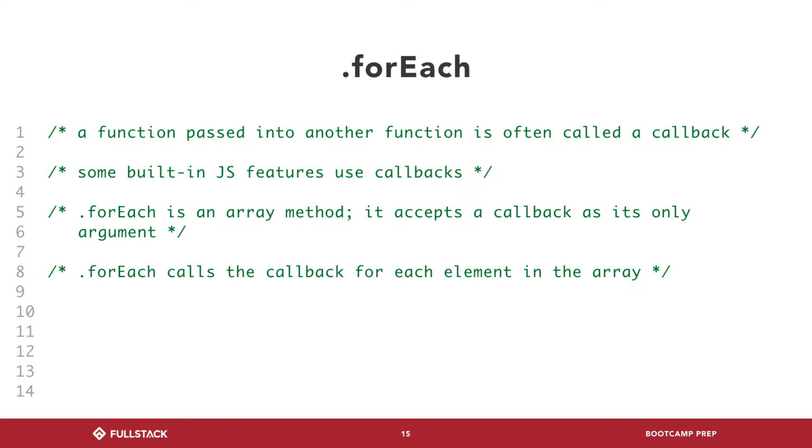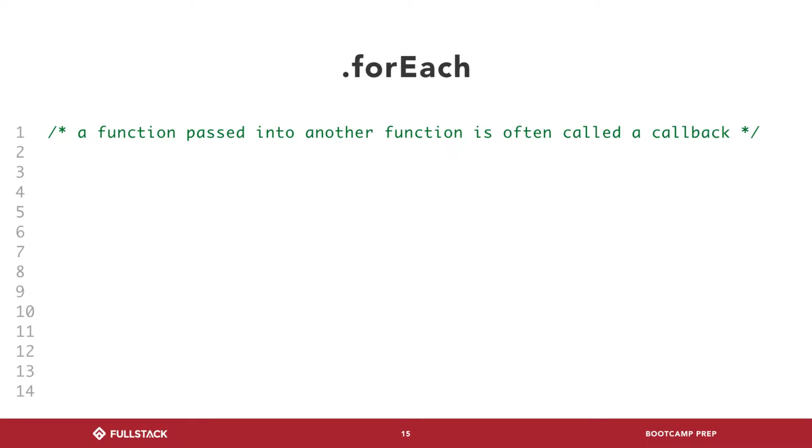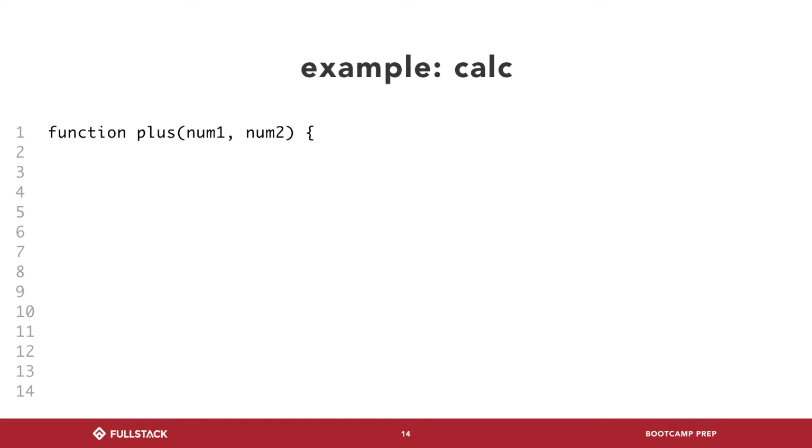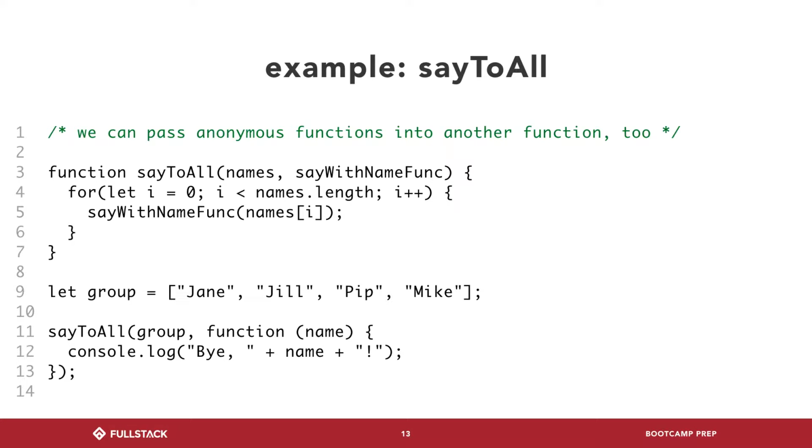Okay, so I guess we should talk about the idea of a callback. Callback, once again, is just a handy way to talk about certain things. Usually when we talk about callback, we say it in the context of a callback function. A callback function is just a function that you pass into another function that's meant to be run by that function, right? So in this sayToAll example,